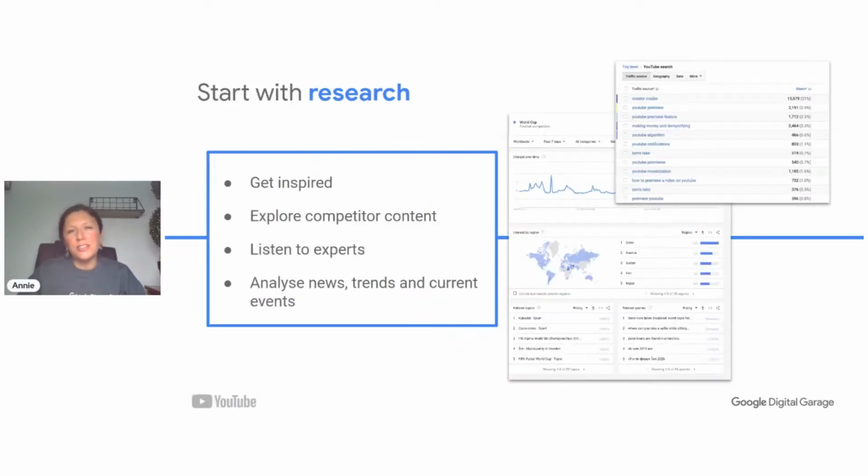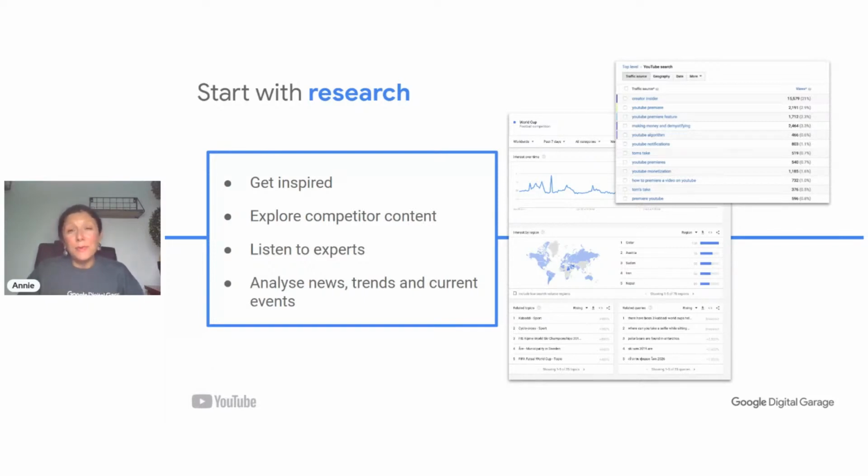So looking at the research side, it's a good place to start. We do want to think about the kind of things that will inspire our users, our watchers, and our subscribers. So we need to be inspired ourselves. Get looking on YouTube at the kind of things that you are interested in, which is why it's good to think about what it is that you particularly are keen on, and explore your competitors in that space. See what they're doing, what's going well, what's already been done, what could you do a bit better or a bit differently to what's already out there. You'd be surprised what is out there already. So do have a look at the competitors in that space that you're interested in.